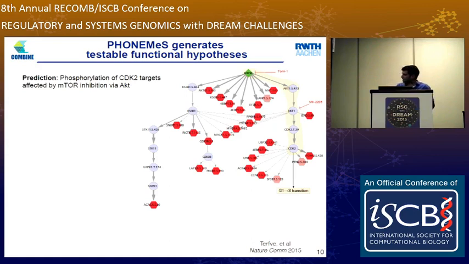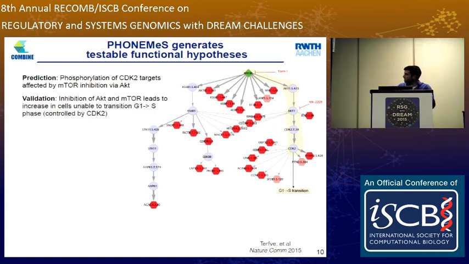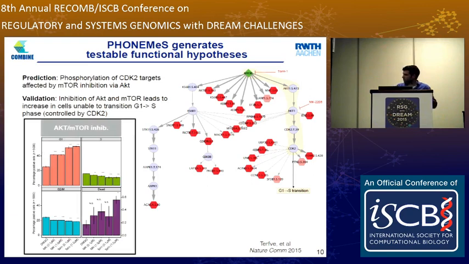diagrams. But if this is truly a functional link from the perturbation here all the way down here, it should be that if you do another experiment where you block mTOR, but also block the intermediate node AKT, you should see a functional effect which you would expect by blocking the activity of CDK2, which in this case would be primarily that cells should be unable to go in the cell cycle from the G1 to S phase and should be arrested in G1 phase. And when we did this experiment, we found exactly that.